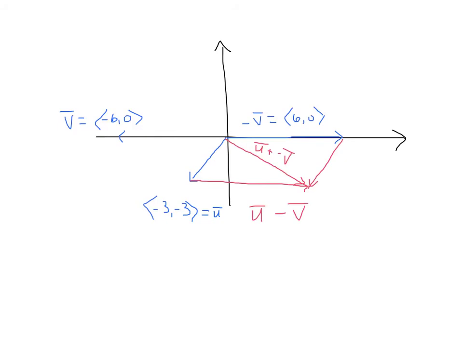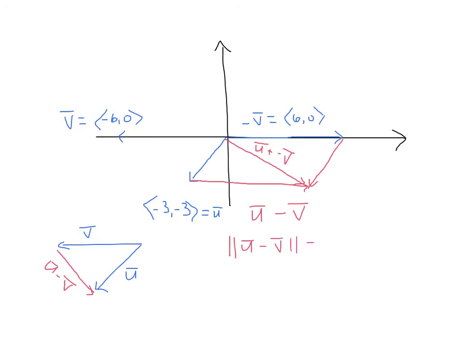if I just drew the parallelogram here off to the side in its original configuration, and then I took this vector here, u minus v, and I connected it here. Okay, so you would see v here, u here, and then the vector u minus v would be the connecting side of that triangle there. But anyhow, continuing with our problem,